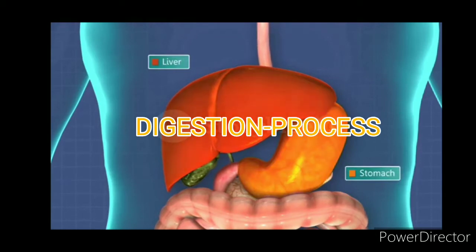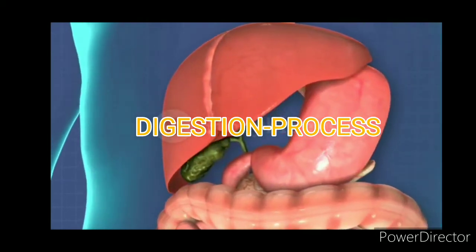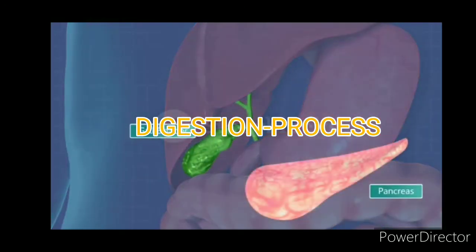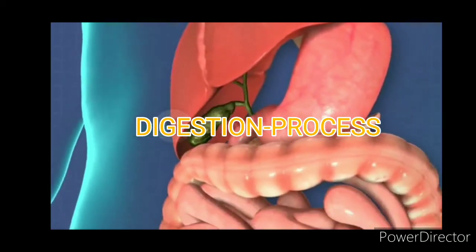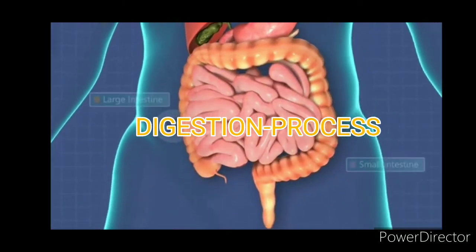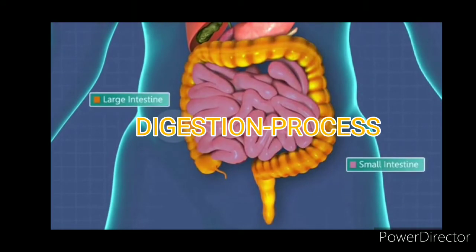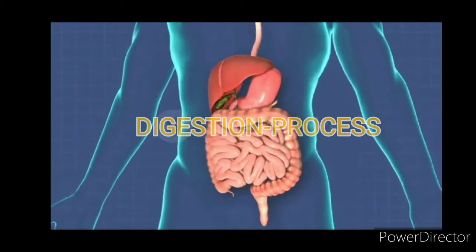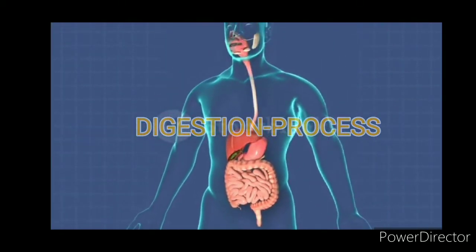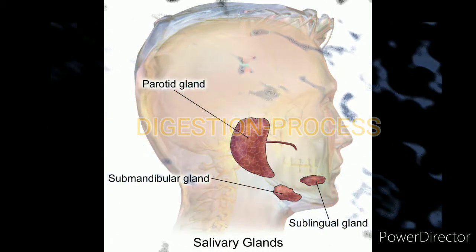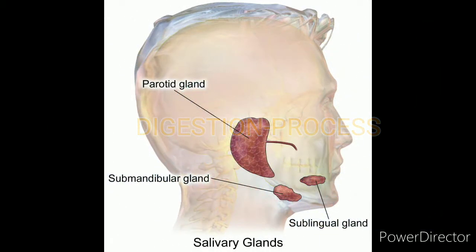The first organ or part where digestive activities take place is the mouth. The mouth is formed by the cheeks, as you know, and the hard and soft palate. Digestion starts in the mouth with a breakdown of large particles of food into smaller particles. Saliva is secreted by 3 pairs of salivary glands. Saliva contains an enzyme known as salivary amylase, which helps in the digestion of carbohydrate, and the enzyme breaks polysaccharides into maltose, a disaccharide consisting of 2 glucose molecules.